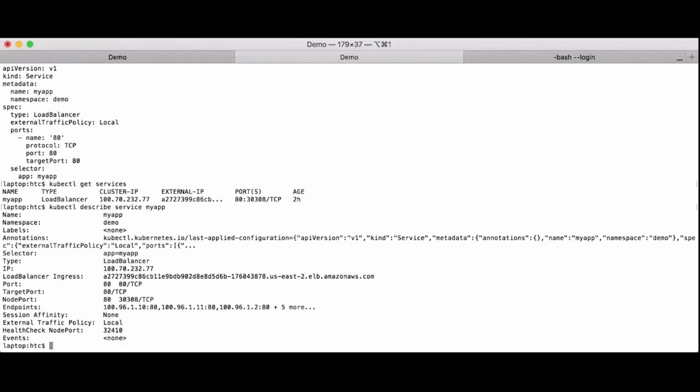We see endpoints, which lists a few IP addresses and ports of pods that this service has targeted using the app equals my app label. We also see the node port, which is the port on Kubernetes nodes that you can use to access the cluster IP service. Above that, we see load balancer ingress, which shows the host name of the cloud load balancer that Kubernetes provisioned. And just above that, we see an IP address ending in .77, which is the cluster IP